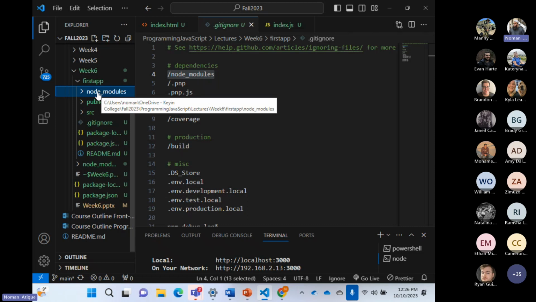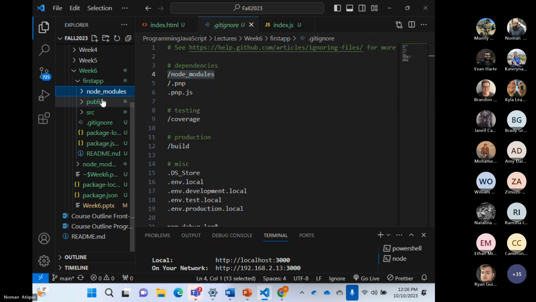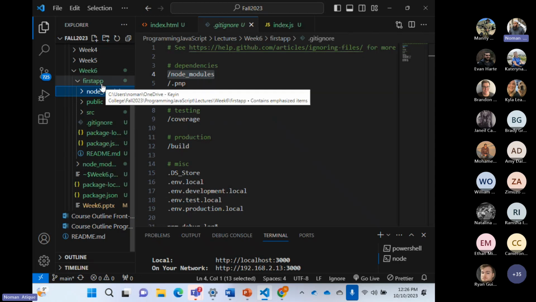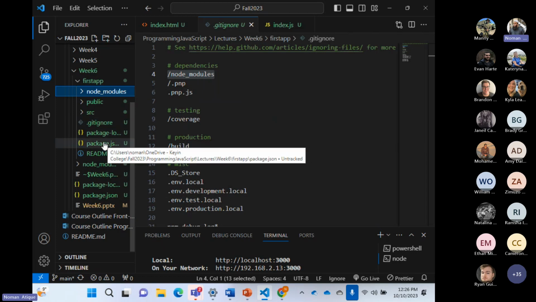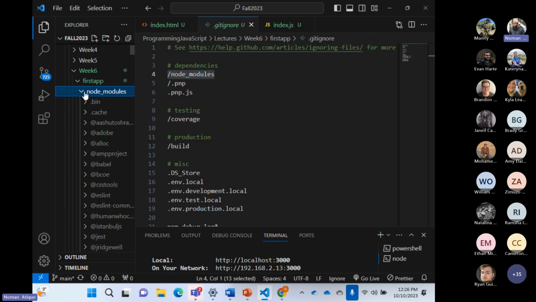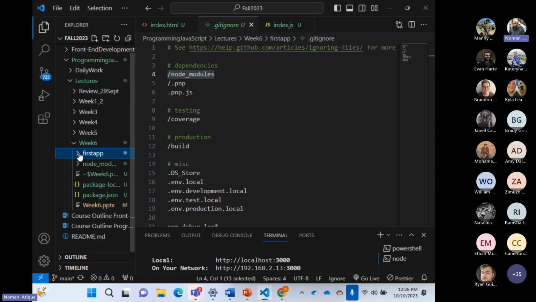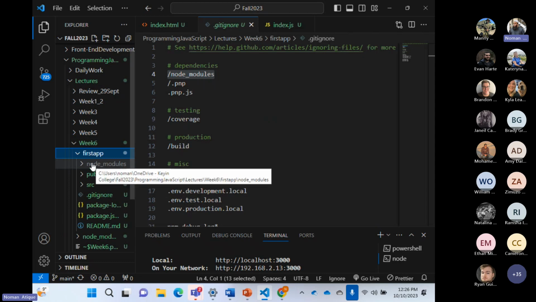So order of the day. Yes, order of the day. Valentine, listen. Never transport this node modules folder. Whenever you are sending a project to me, intentionally delete the node modules folder from it and send me the rest. But keep in mind, you should always have this package.json, which I'll talk about in detail. Don't worry. The package.json file should always be there when you are sending this folder. But as a first step, never send the node modules folder.